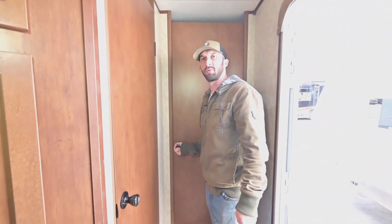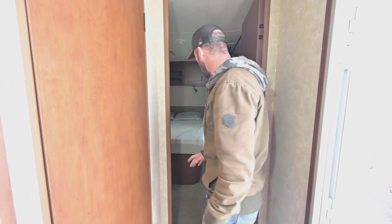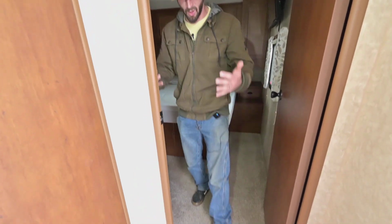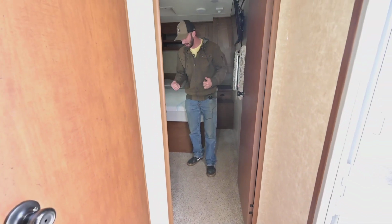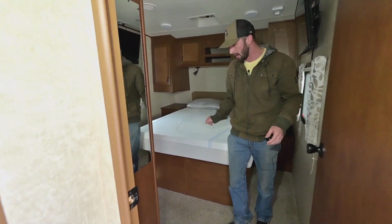And I love having the actual door to the bedroom. It's not a pocket door, it's not an accordion door, it's an actual door. It feels like it gives you a bit more privacy. And maybe this is just me, but I love the fact that when you walk into the bedroom, you're not immediately at the foot of the bed. You have this kind of entry space, and you had to do it because of the door,